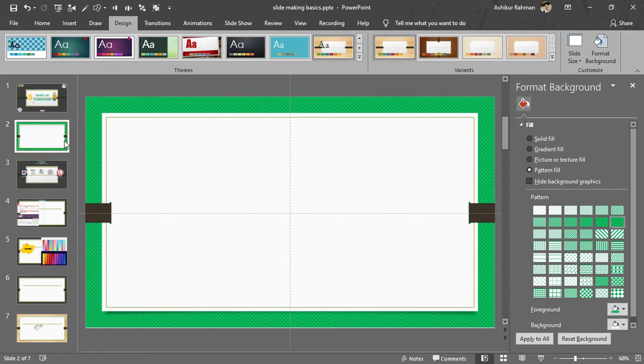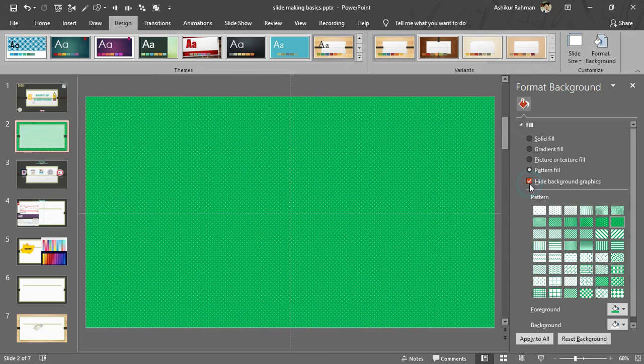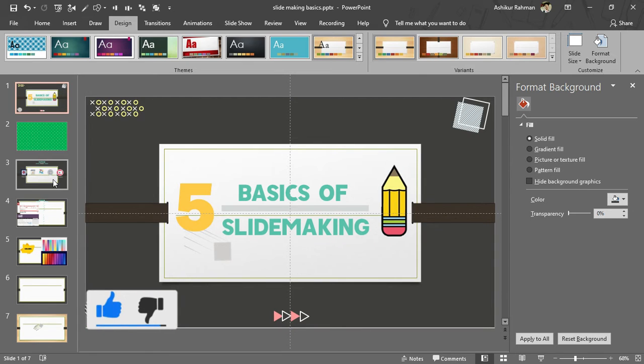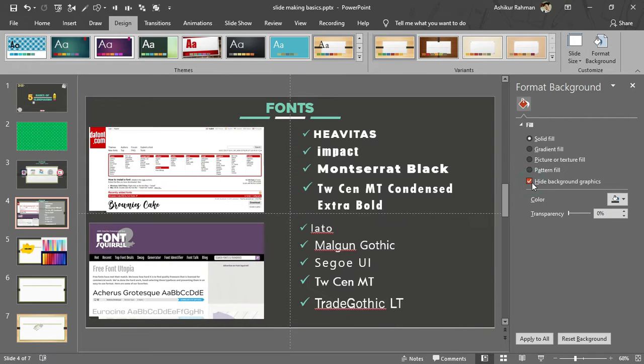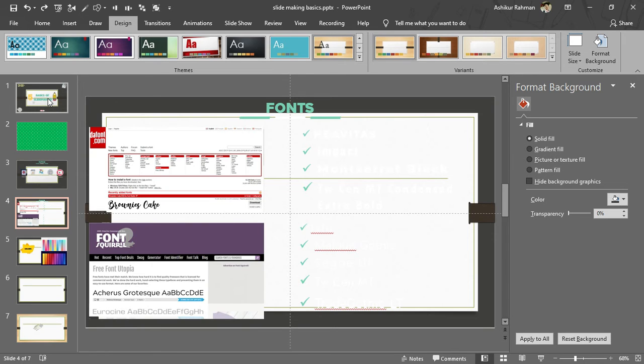If you want to remove this graphics or design from a particular slide, go to that slide, go to Design, then Format Background and click on hide background graphics. You can see the graphics are removed from the current slide, but the other slides still have the graphics. So I'm undoing all this, I don't need this graphics.